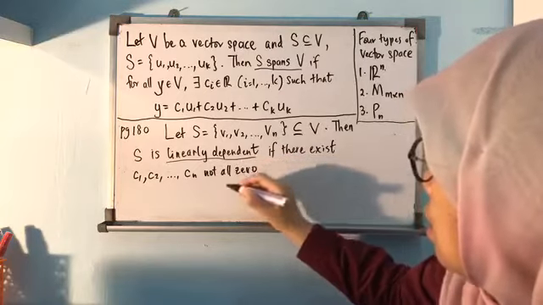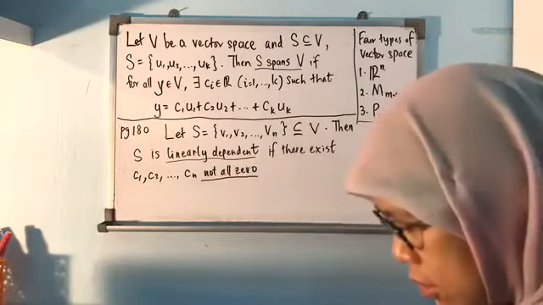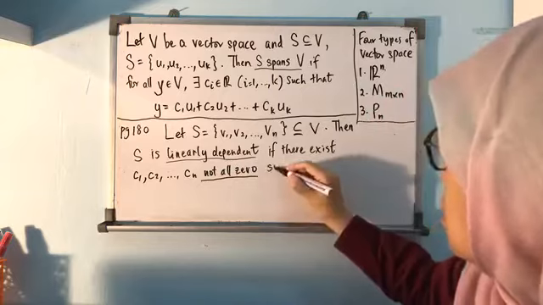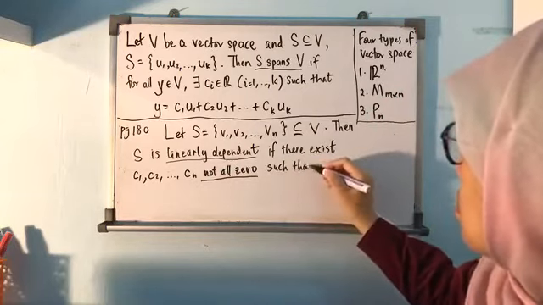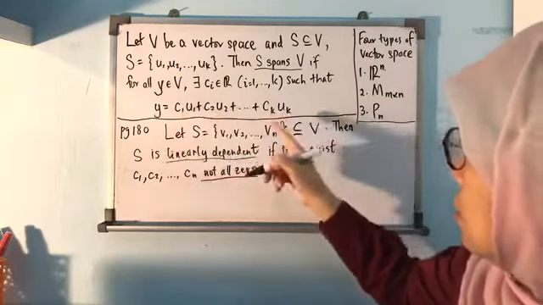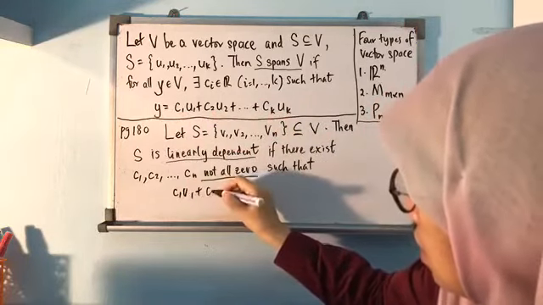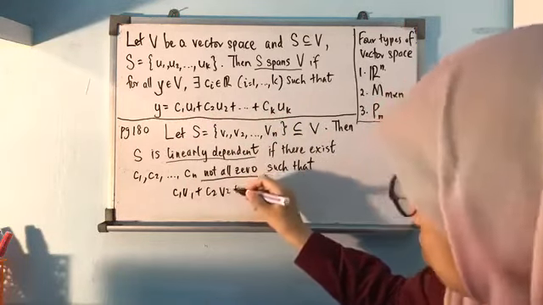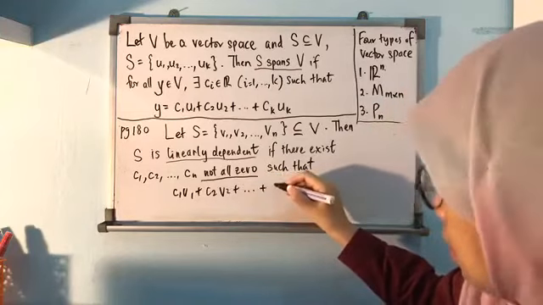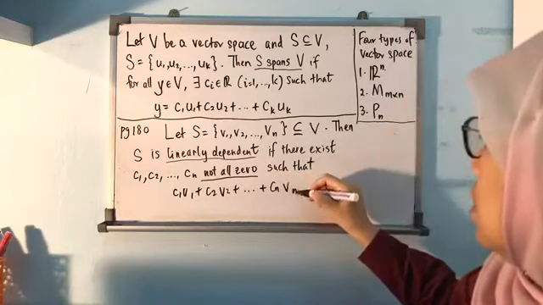This is the key, not all zero, such that, okay, see this, C1 V1 plus C2 V2 plus Cn Vn equals